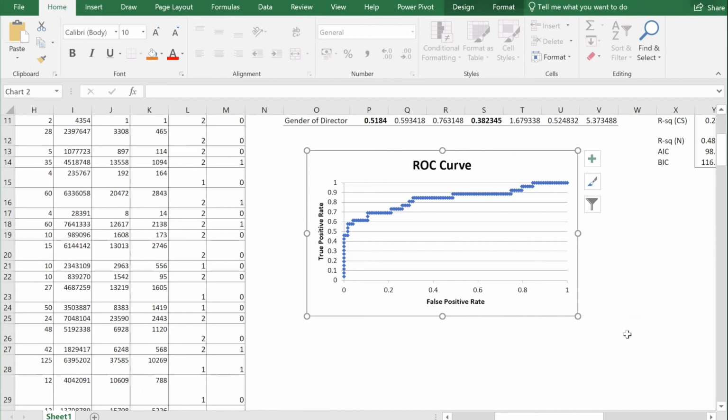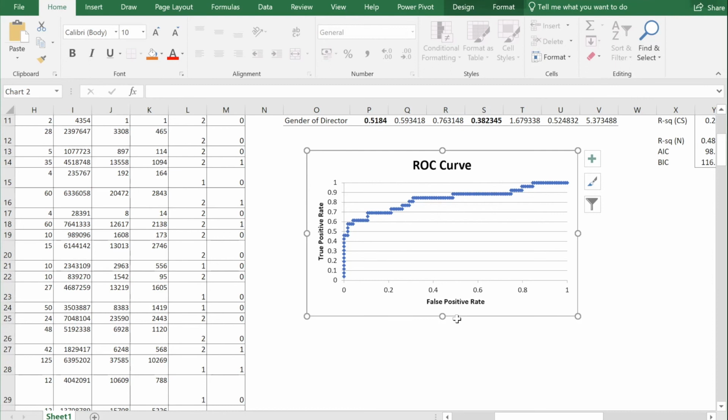The curve which is above a diagonal line, which connects from this point till this point, is considered to be a good curve. This curve indicates the overall efficiency of your model. The higher the curve, the better the accuracy or the better the model.